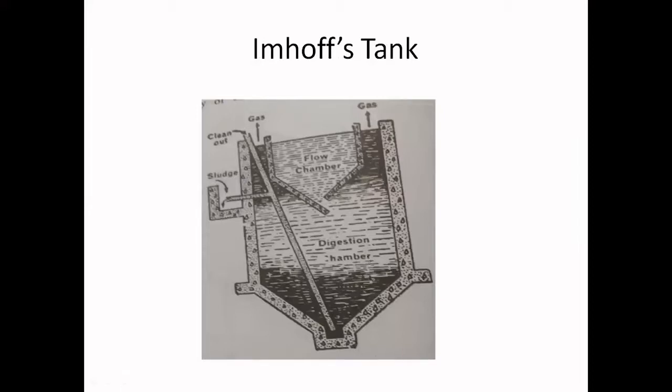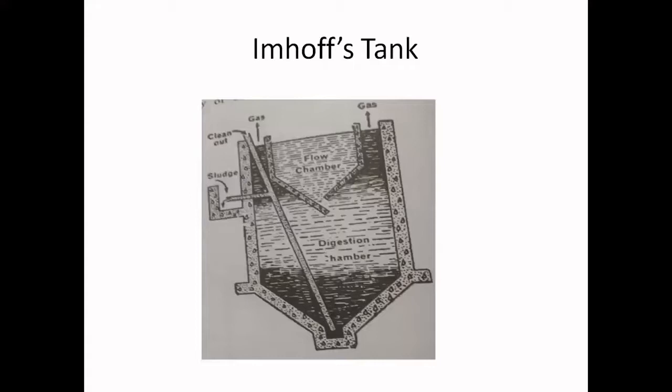This type of sludge digestion tank was first constructed by the German scientist Mr. Karl Imhoff in 1906 and is well known by his name as the Imhoff tank. Being double-storied, it is also known as a two-story digestion tank. The Imhoff tank process is closely related to the septic tank, but it is operated on relatively larger scales. It is used for treating the sewage of small communities, hospitals, dairies, laboratories, and slaughterhouses.